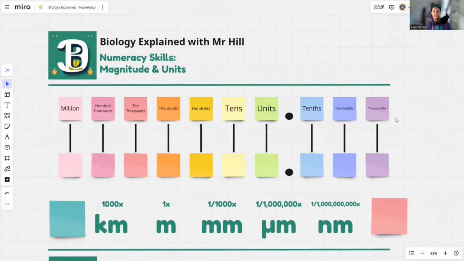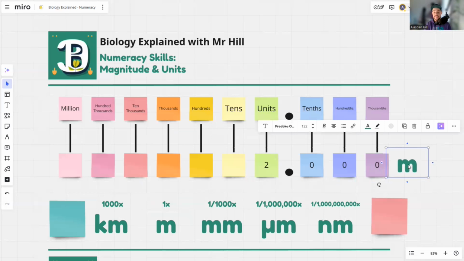So imagine you were measuring something that was, say, 2 meters long. Let's stick this in as 2 meters, so 2.0. And just for sake, let's make sure these are also 0 here. Okay, so let me copy across our meters here. So if we were measuring something and it was 2 meters long, if for whatever reason you wanted to convert